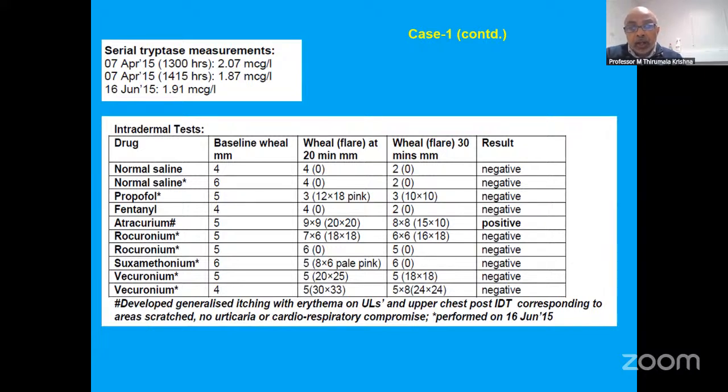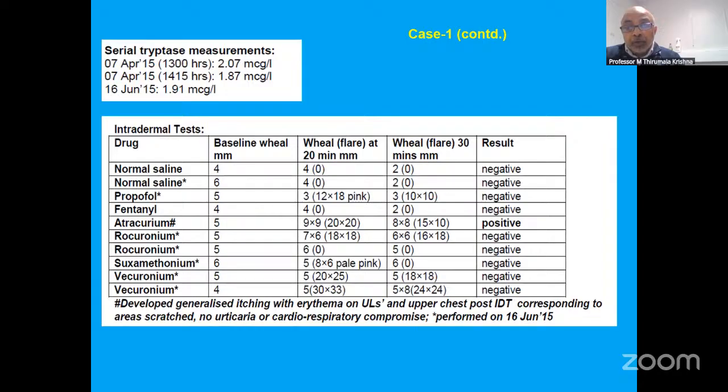Negative control is saline, positive control is histamine, just to make sure that the test is working and the patient is showing a histamine response. And then you add a drop of the different solutions of interest. And if they're all negative, then you proceed with an intradermal test where about 0.02 to 0.05 ml of the